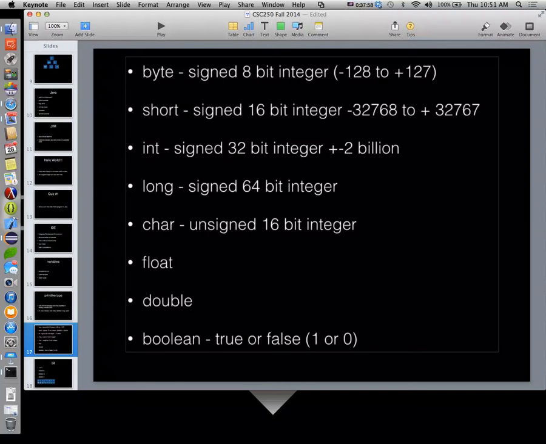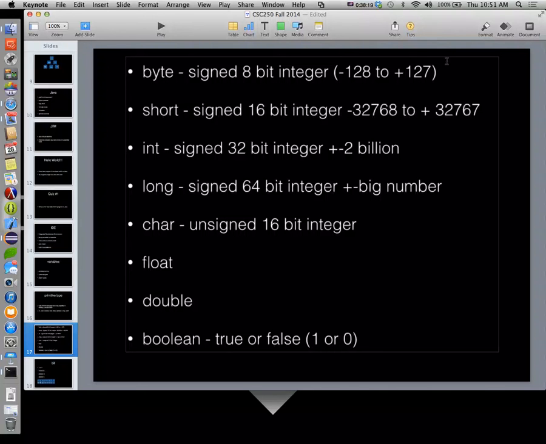As I always say, my precision starts going downhill as we get to larger and larger numbers. And then a long is plus or minus big number. It's something like 16 quadrillion, blah, blah, blah. Okay? And you can do the math.